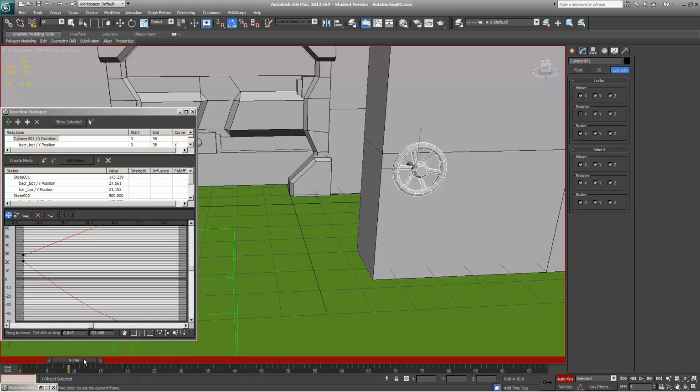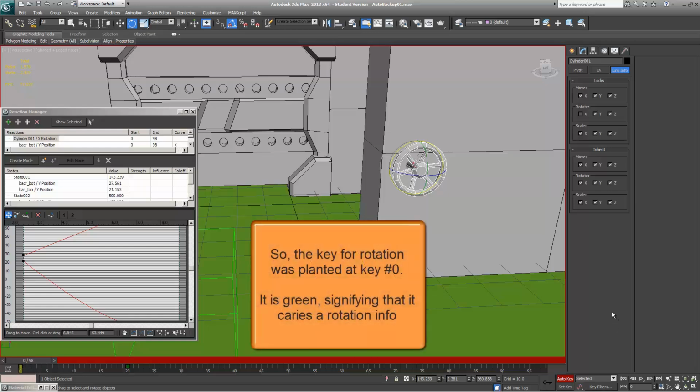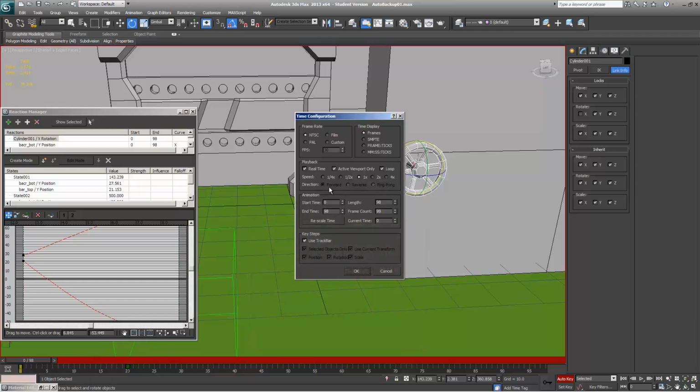We want to bring our time slider down to the left and then rotate our valve on the key 0 to about minus 200, like this. Because we did so in auto key, the change was automatically recorded into the first frame. If I press play right now, there are only 20 frames to observe, so the change will happen really quickly. I want to go in here and change the playback speed to 1/4, so it's going to be 4 times